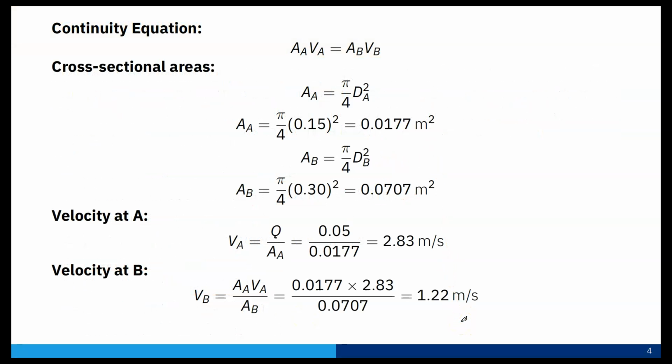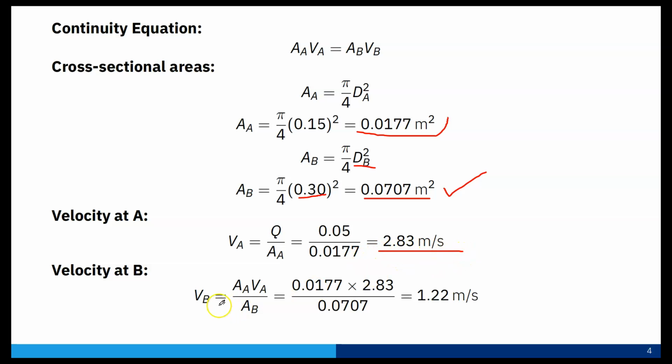Now first we know the continuity equation A1 V1 is equal to A2 V2, or AA VA is equal to AB VB. So AA is pi by 4 dA square. If I plug in dA square, 0.15, AA will be 0.0177 meter square. AB is pi by 4 dB square, dB is 0.3 meter, so pi by 4 into 0.3 whole square is 0.0707 meter square. Now VA is nothing but Q by AA, so 0.05 by 0.0177, that is 2.83 meter per